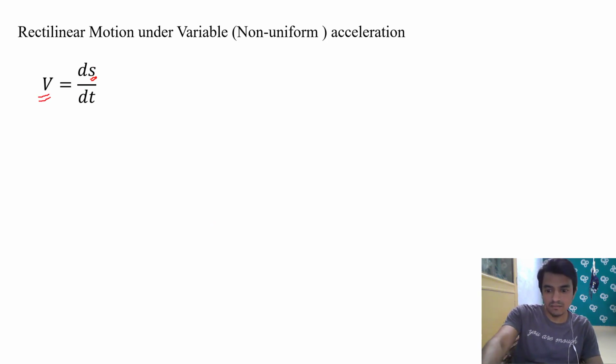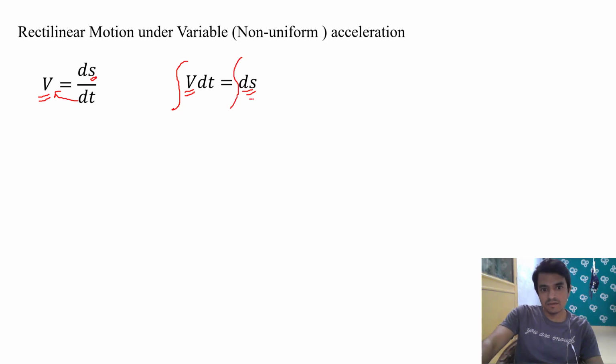Then for the time at which that velocity is required, putting the value of t in that equation, we will get the value of v. Otherwise, if the equation of v in terms of t is given and we have to determine s, we write v times dt. Cross multiplying, v times dt is equal to ds, and by integrating this we can get the equation of s. So vice versa, if displacement is given, to determine velocity we will differentiate it, and if the velocity is given, to determine the displacement we will integrate it.